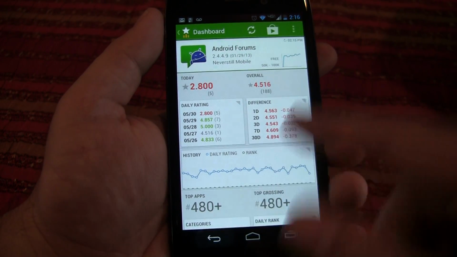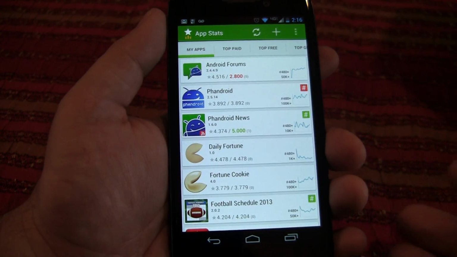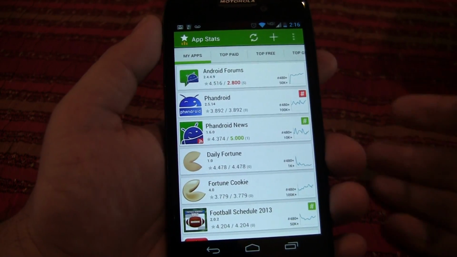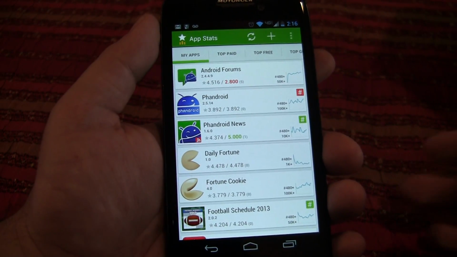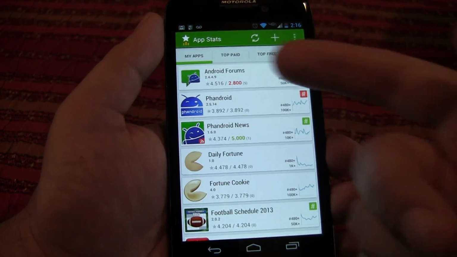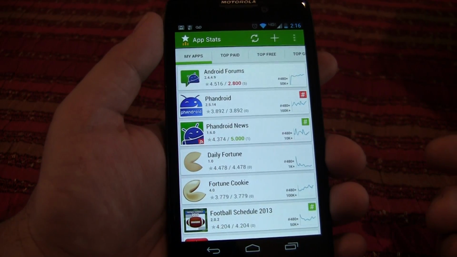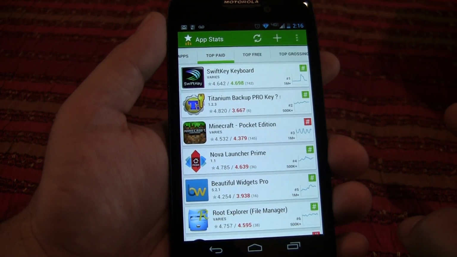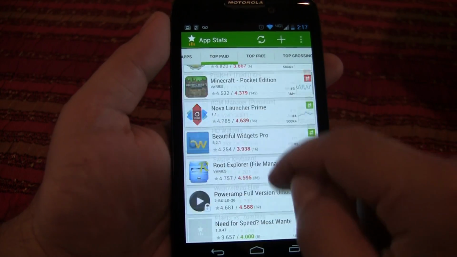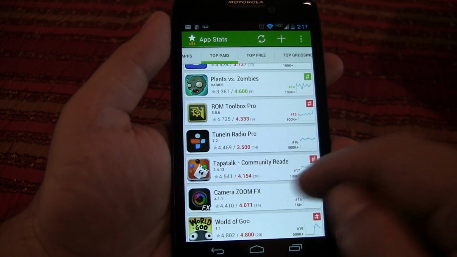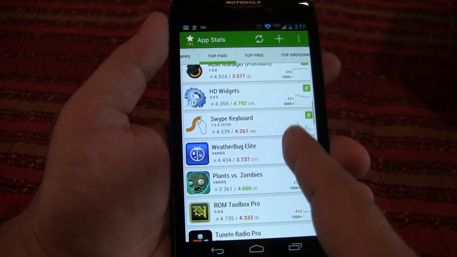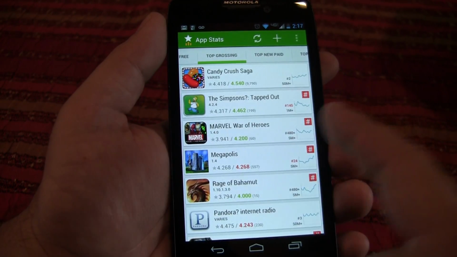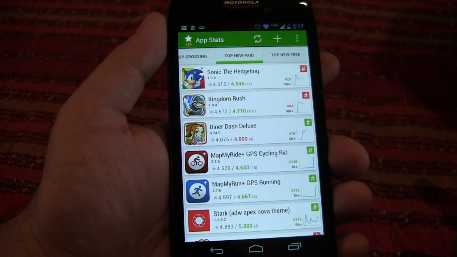So really, this app is a way to not only just keep a glance at analytics and see what your competitors are doing, but improve the quality and the service that you're offering. So this is the My Apps view, which I think is the most important and interesting. And then we can see the top paid apps, and you can go through and look at all the different top paid apps, slide through, go to top free, top grossing, top new paid,